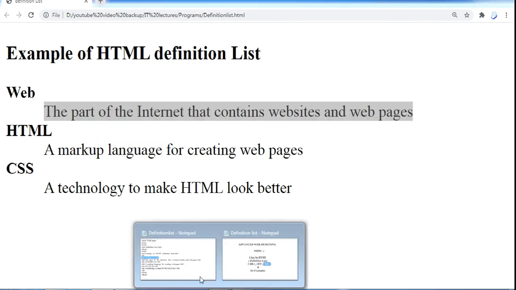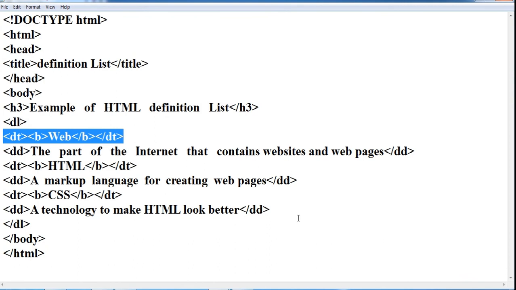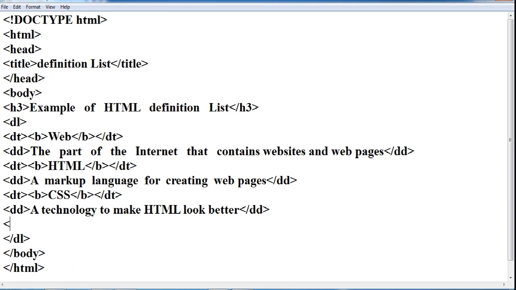list items. I will show you, I will add another item here, so you will understand more. If I add DT here, and if I write GUI, and GUI is my term, so I'm also making it bold so you can see this in bold.